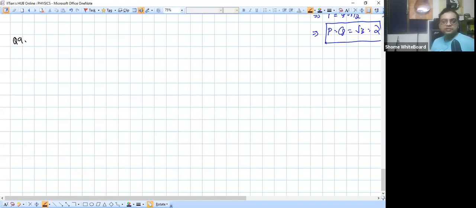So the diagram given to us in ninth question is like this, that with respect to our XY system, vector E is some unknown magnitude, but at an angle of 60 degrees. Right, so E is like this. It's got some unknown magnitude, but this angle is 60 degrees. So we have to find this.